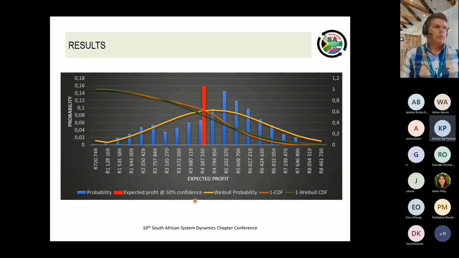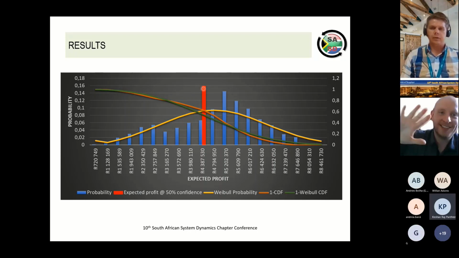This is an example of the output typically created from the model. It creates a histogram of all the potential results, and then using the expected confidence, you can indicate that that's more or less the expected profit for that process. The important thing that I built this specific